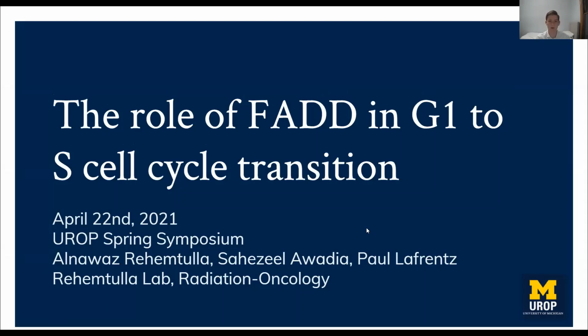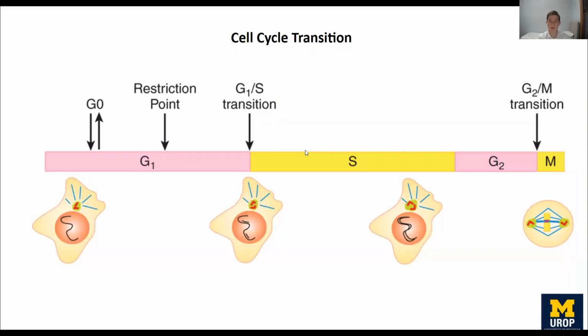Today, I want to talk about the role of FADD, the protein normally associated with cell death, and its role in G1 to S cell cycle transition. The cell cycle generally consists of 4 steps. I think you might have all seen this diagram before, so I will not spend too much time on it,